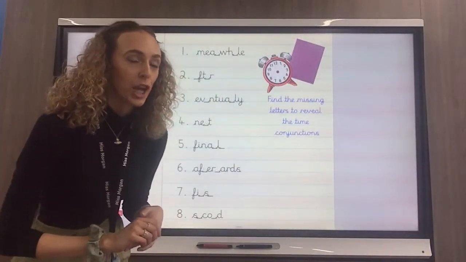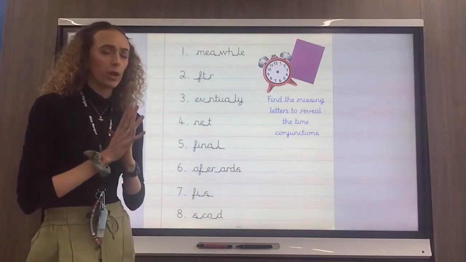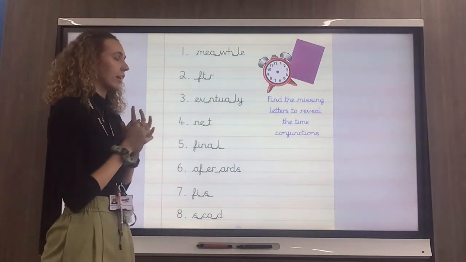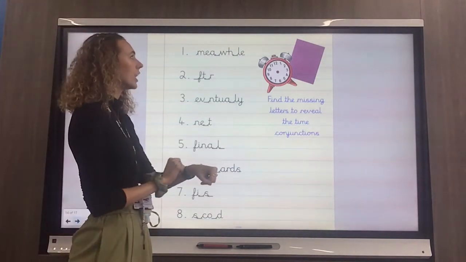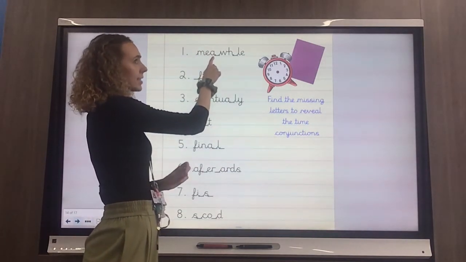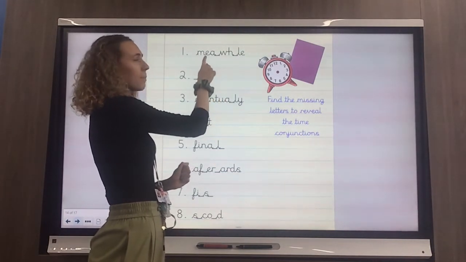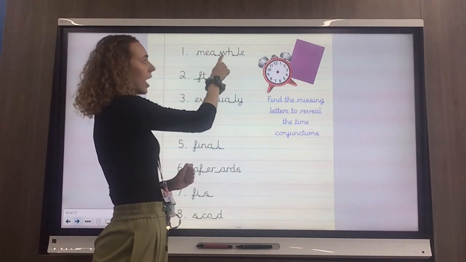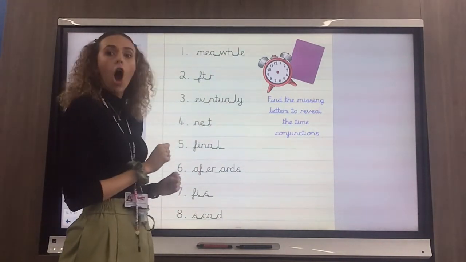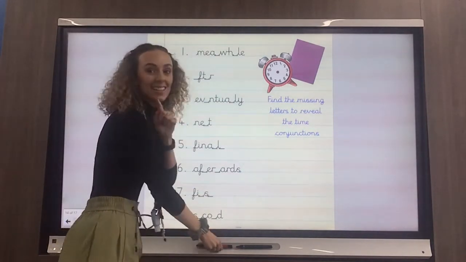Just before I show you, let's do our first one together so we understand what we are doing today. Okay, so I already have lots of letters here and I know it's got to be a time conjunction and it spells M-E-A, missing letter, W-H, missing letter, L-E. So this will make a me sound and this will make a w-o. Me, is it meanwhile? Well done if you got that correct. Let's see if it is.